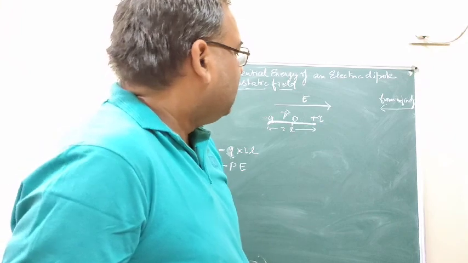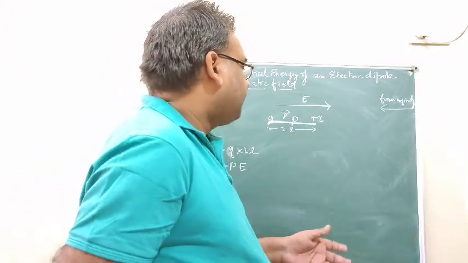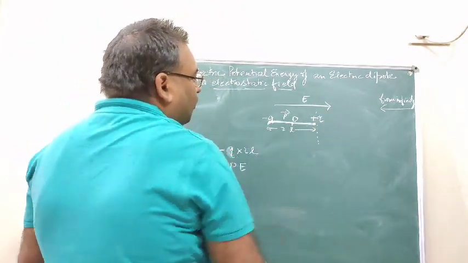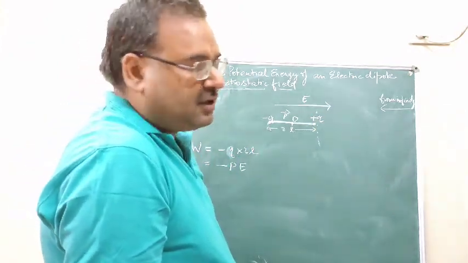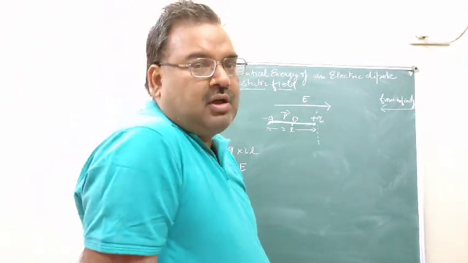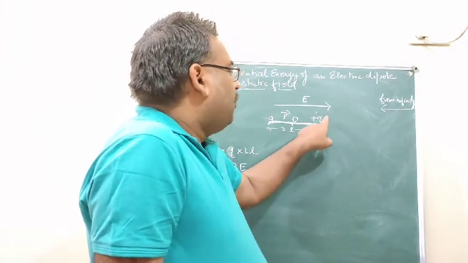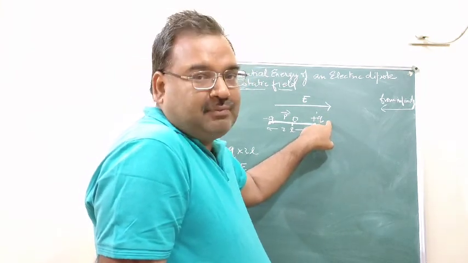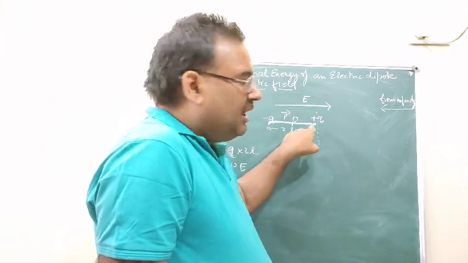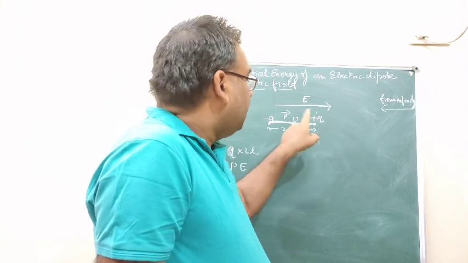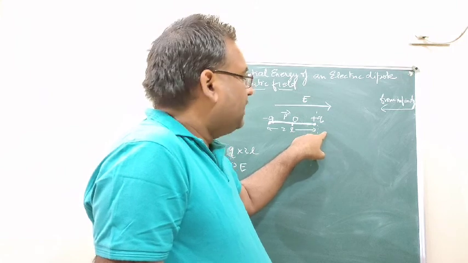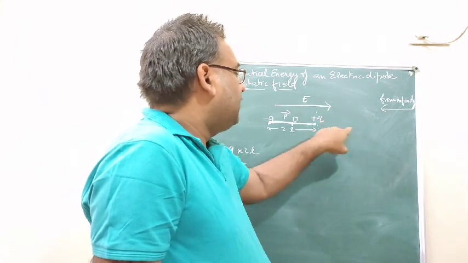So what we consider here, when we are bringing a dipole up to this point, both the positive and the negative charge will do an equal amount of work. Why? Because in this case the force will be plus QE into whatever is the distance from infinity to this point, and work will be done by an external agent, and for minus Q work will be obtained when we bring the dipole from infinity to this point.